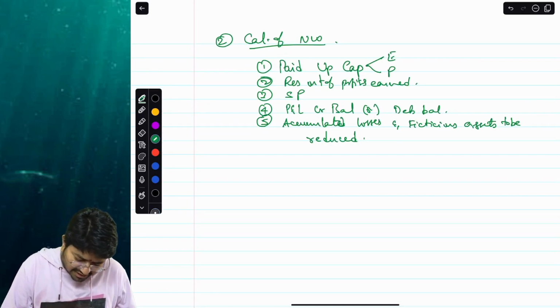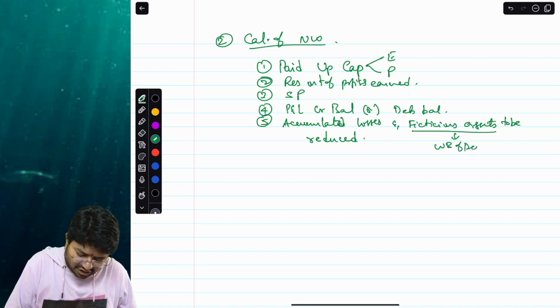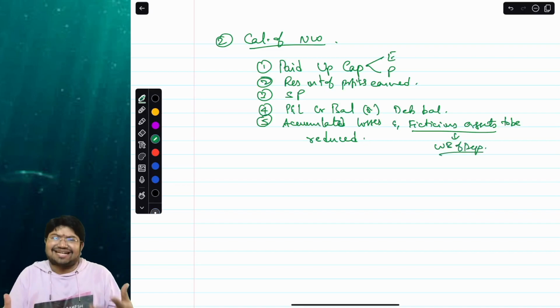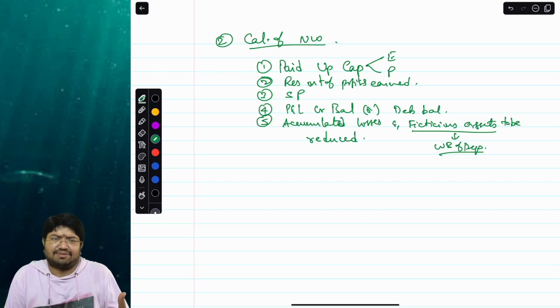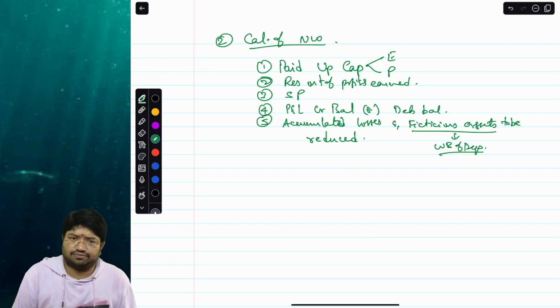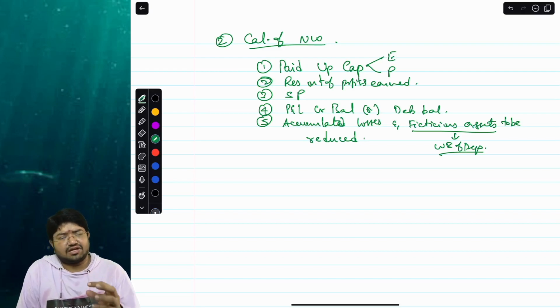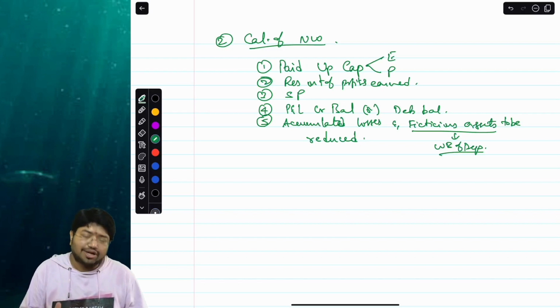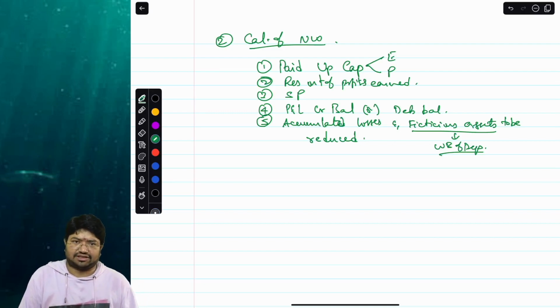Then, fictitious assets. Why I have stated fictitious assets is because the write back of depreciation creates an asset in your balance sheet, but it is not really an asset. It improves the value of an asset because of write back of depreciation. Is that really in existence? Actually no. So any such fictitious additions should be deducted, then you get something called net worth. This is the methodology in which you should calculate net worth.